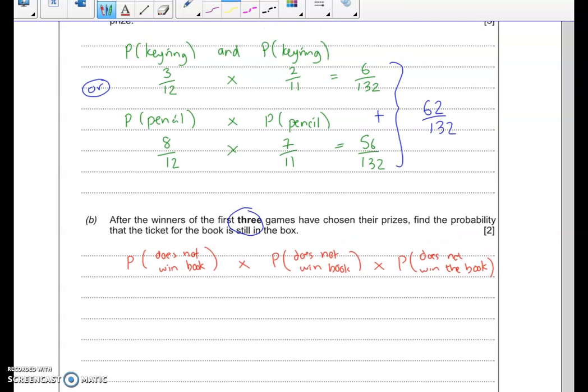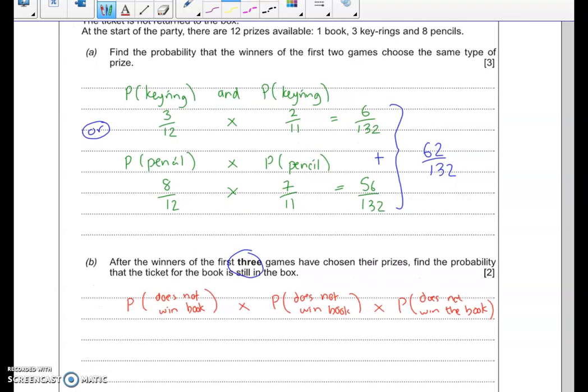So if we go back to our numbers, when the first child goes up to play, there's 12 prizes in the box and 11 of them are not the book. When the second child goes up to play, there's 11 prizes in the box and 10 of them are not the book. And when the last child goes up to play, the third child, there's 10 prizes in the box and 9 of them